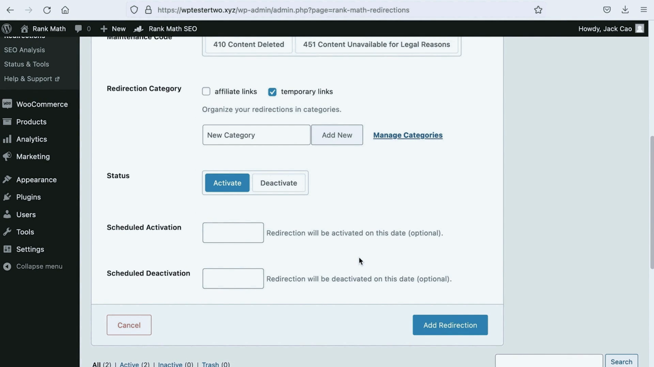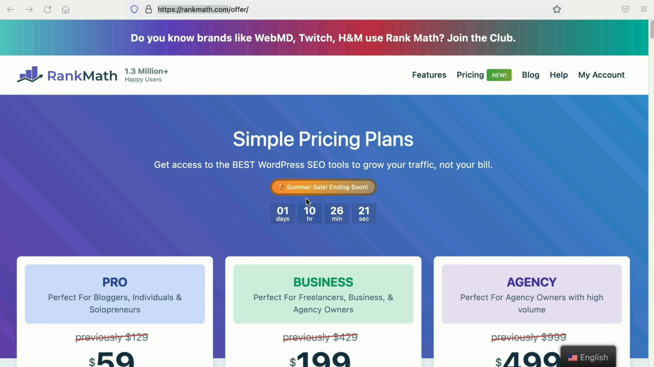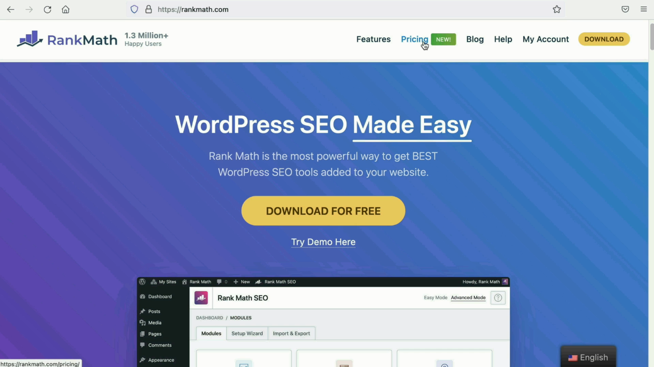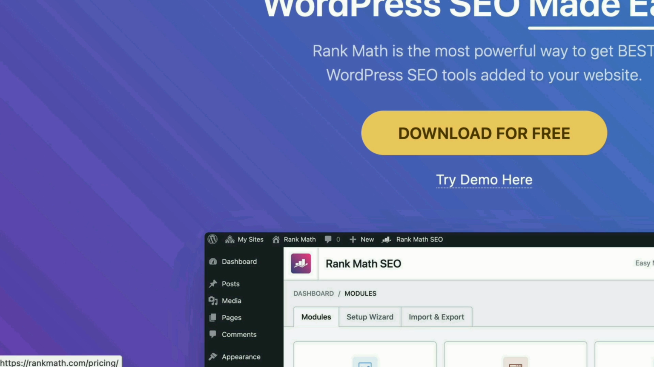If you sell a limited time offer product and you need a way to add temporary redirects. For example, at the time of this recording, we have a summer sale going on from June 15th to the 22nd. If you visit our website and you hover to the pricing tab, notice that the intended link for the pricing tab is